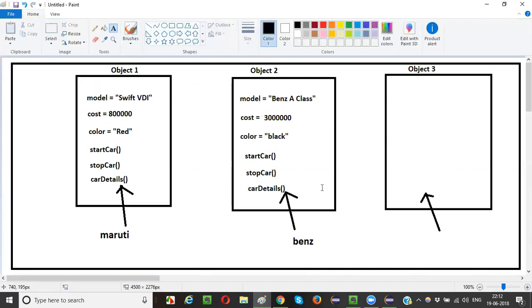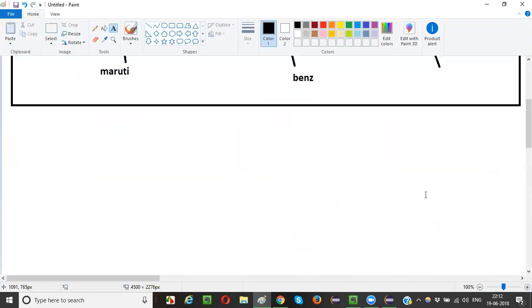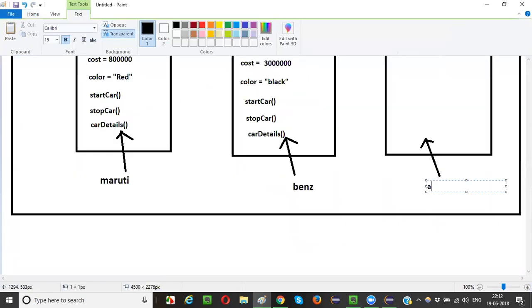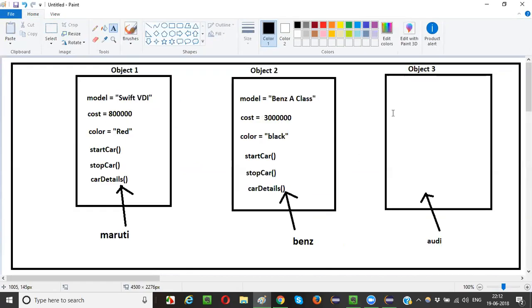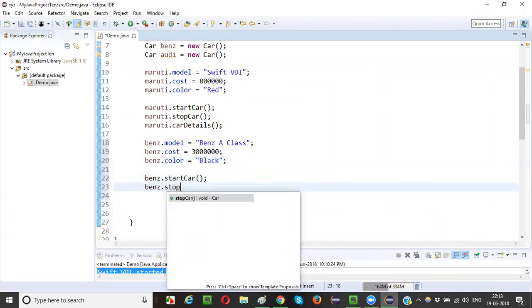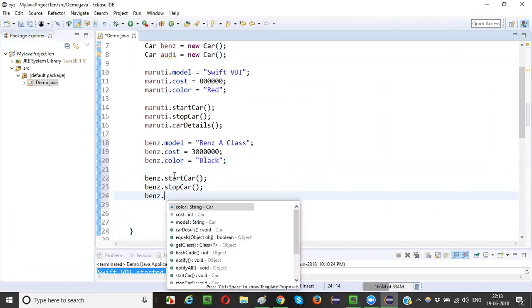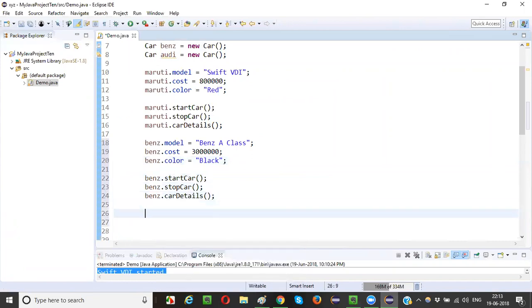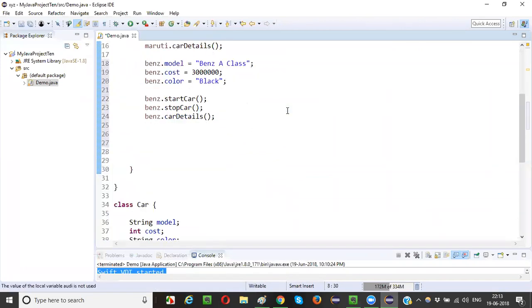Fine. This is Benz. Now the third one. What is the third one, guys? Audi. So before going there, let me call Benz dot start car, Benz dot stop car, Benz dot car details. Okay. Now for the third object,